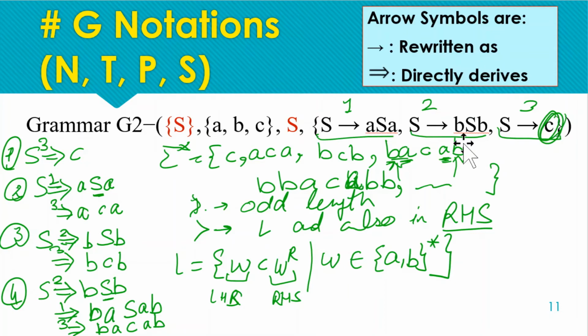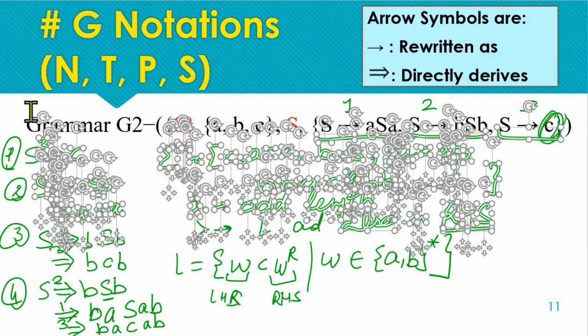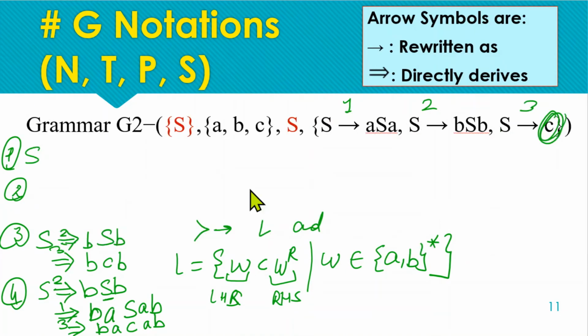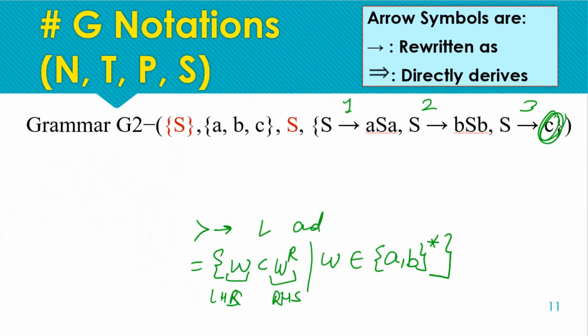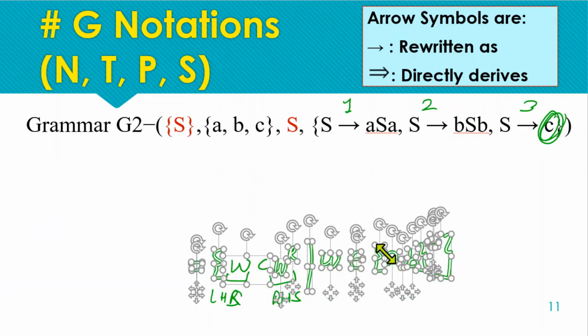Now we modify some production rules to generate a different type of grammar. Out of this production rule, if we have... just wait. So this was the language of this particular grammar.